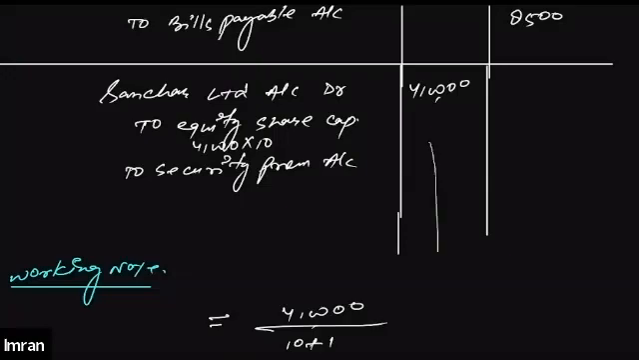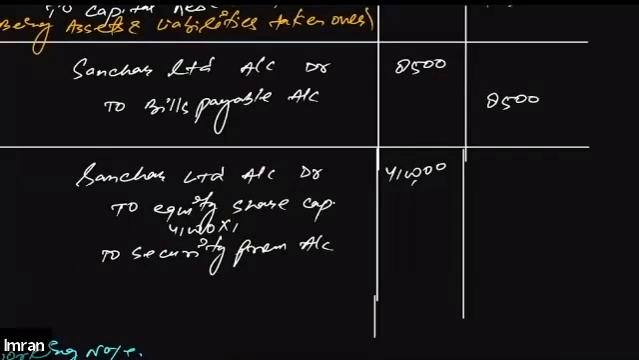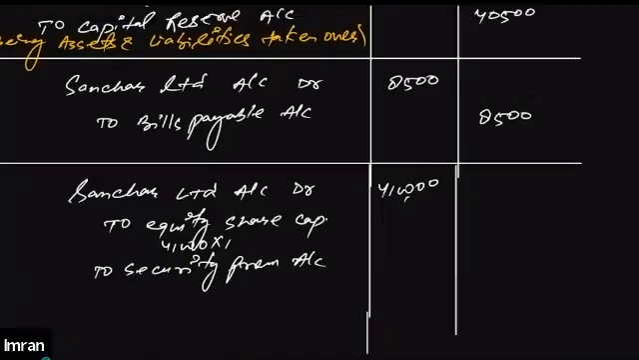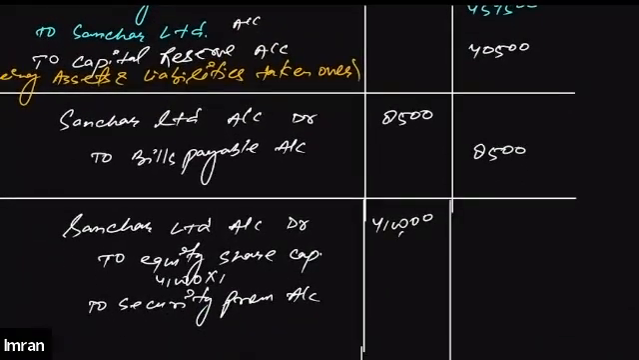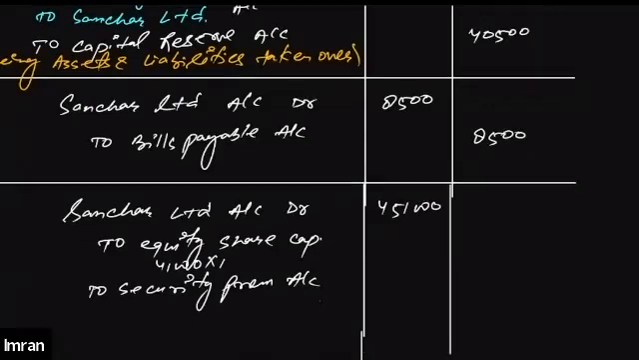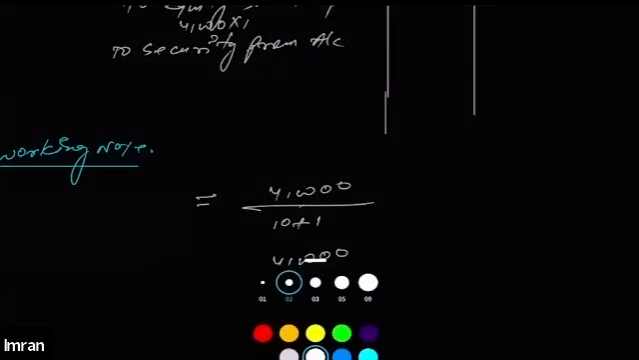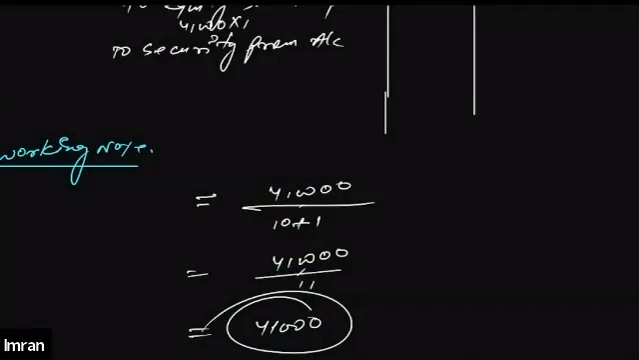Just a minute. I think I'm making a mistake somewhere. Just a minute. Let me just subtract 4,59,500 minus 8,500 out of it. Okay, so total amount due is 4,51,000. Sorry. We need to divide 4,51,000 by 11, and now you will get